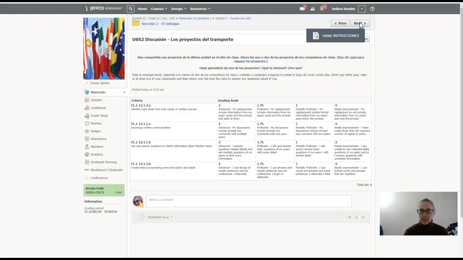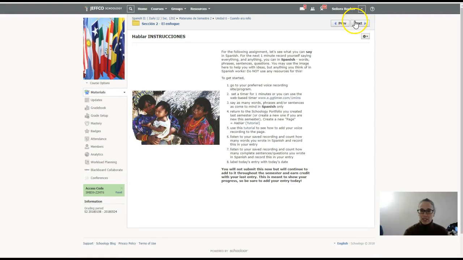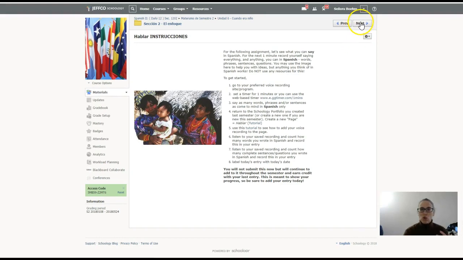And then you have another hablar entry, and that is basically this week's work. Okay, so in your plan, make sure that you are reviewing other people's projects in order to participate in the discussion, as well as start doing your research on a past. What used to be? What is it that you want to focus in on that will tie into one of your previous projects?